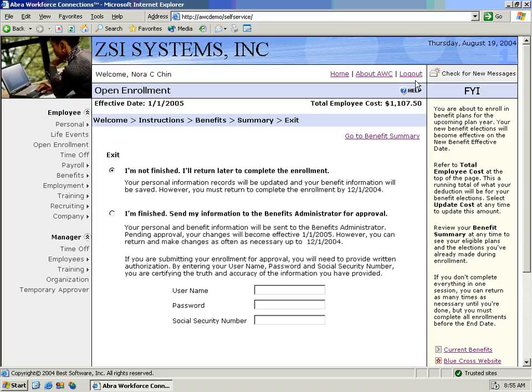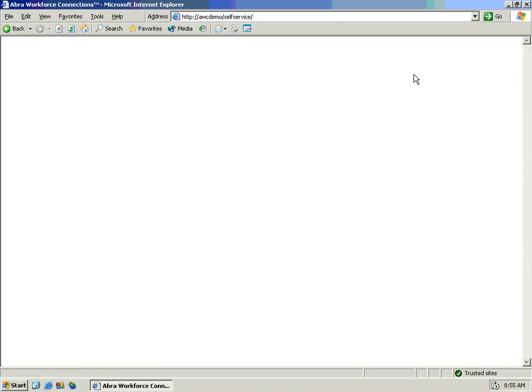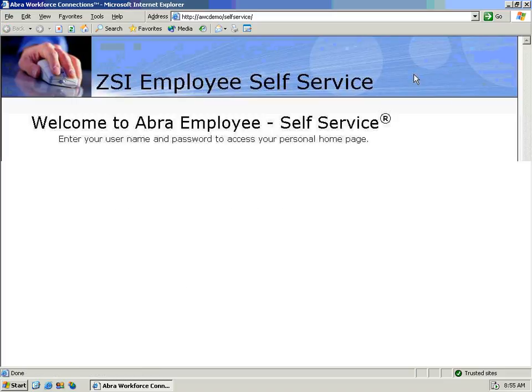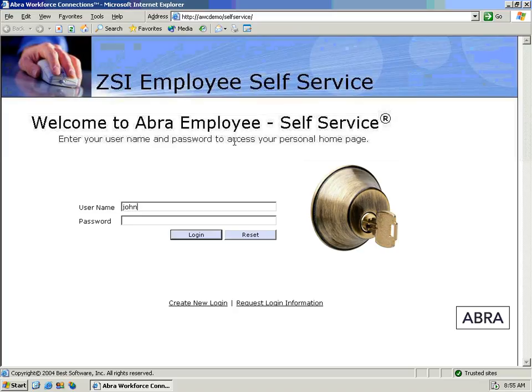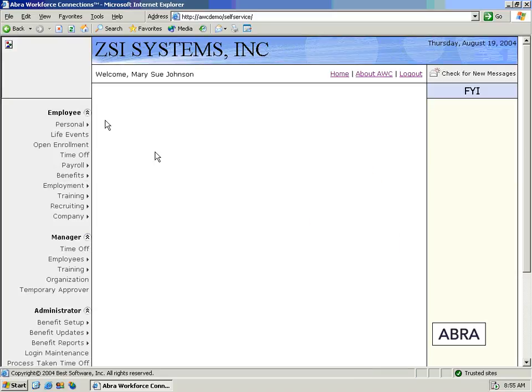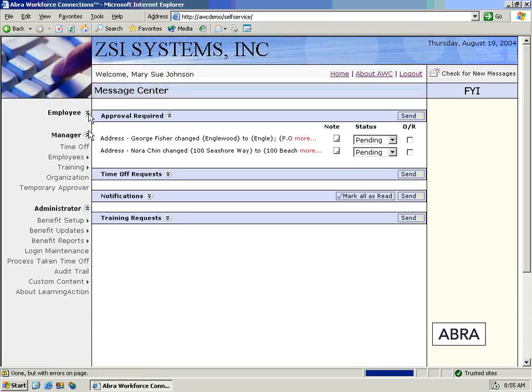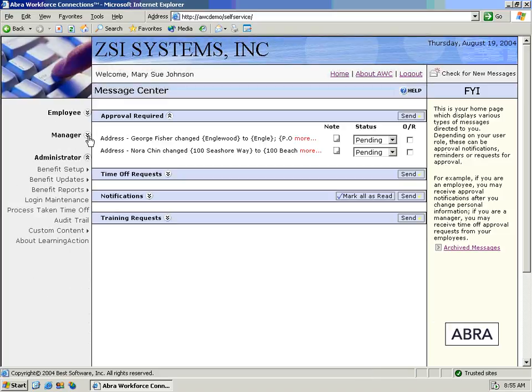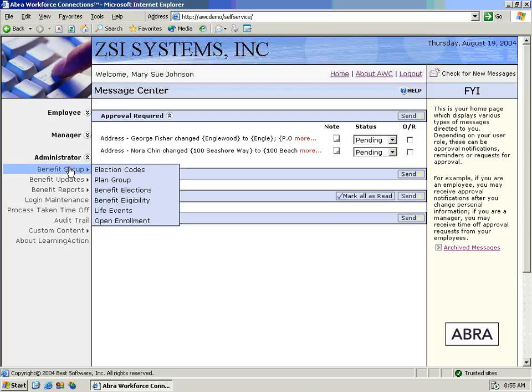What I want to do now is go ahead and log out of an employee record, and I want to go into Mary Johnson's record. And Mary is a benefit administrator that we have set up here in the application. Her responsibility is to set up the open enrollment, and you'll see that there's specific administrative tasks tied to those requirements. If we go out here and close up the employee and manager functionality, you'll see out here, first of all, there's specific benefit requirements